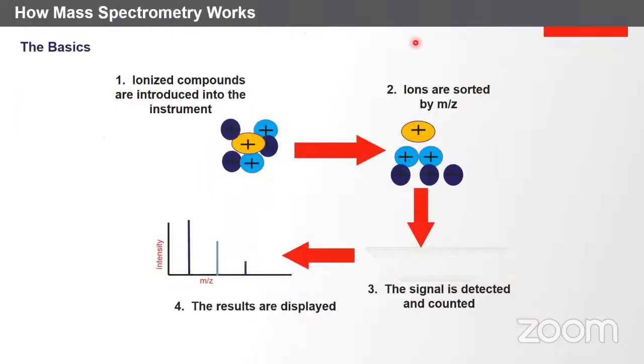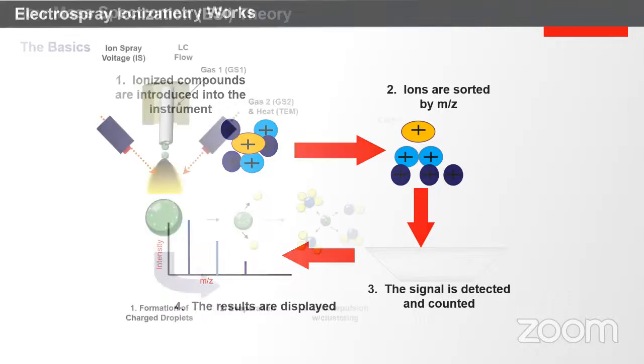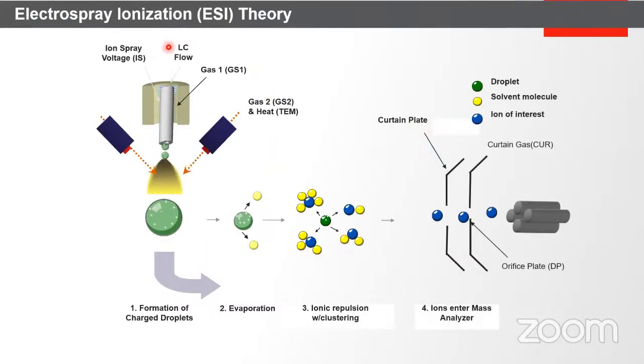Now coming to the basics of the mass spectrometer, how it works basically. As I have said, ionize a molecule, then ions are sorted into the mass analyzer or detector. Mass analyzer, then signals are sent to the detector, and we get a spectra around that. This I was talking about, ESI, electrospray ionization source. So what do you mean by electrospray ionization source? If you recall my earlier statement, there are two kinds of ionization source: hard ionization and soft ionization. ESI falls into the soft ionization.